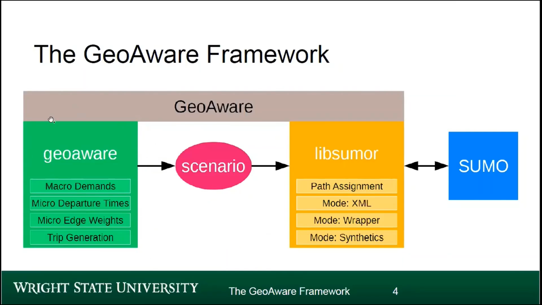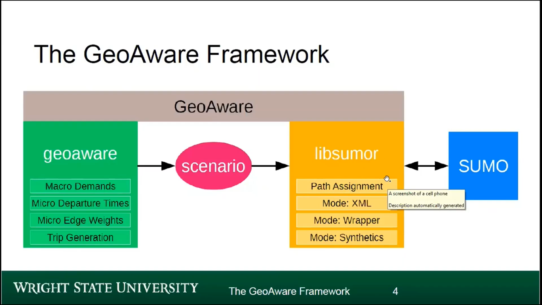But on the left-hand side, the GeoAware component collects a bunch of demand pattern models, and it incorporates those demand models into a scenario. And that scenario is then simulated using the libsumo-R component to produce the synthetics that we seek. And this libsumo-R component relies on SUMO for the fine level routing and position and car following, lane changing, that type of stuff. But then what we do is we enable this to be used by the analyst from